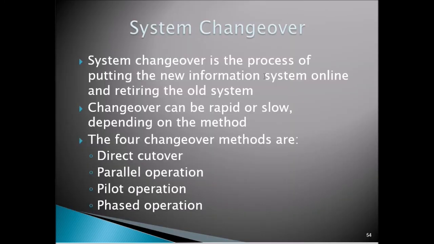System changeover is the process of putting the new information system online and retiring the old system. Changeover can be rapid or slow depending on the method. So the 4 changeover methods are the direct cutover. That's where you cut over everything at once, start using the new system, stop using the old. There's parallel operation, which is where you actually use both systems and enter the data twice at the same time